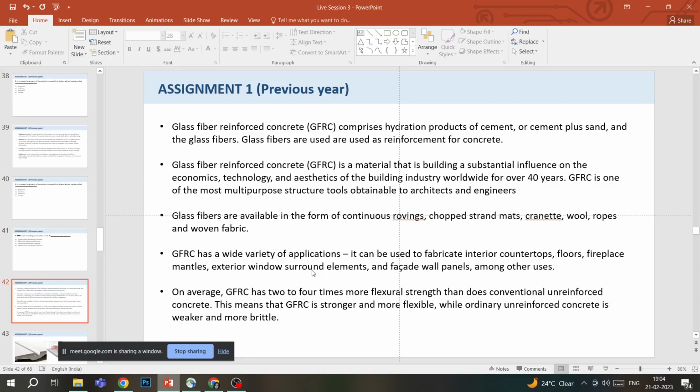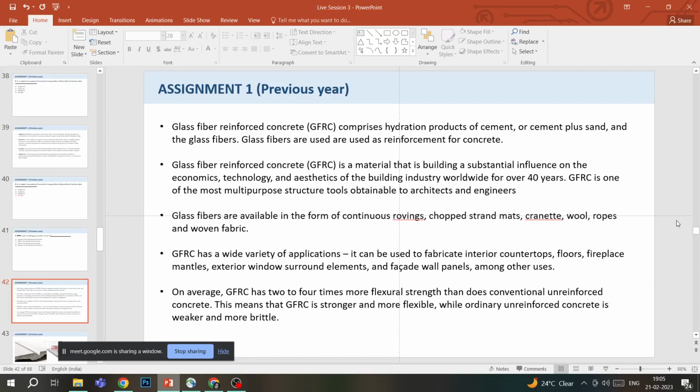Glass fibers are basically available in the forms of mats, wool, ropes, woven fabric, and it has a variety of applications. It can be used to fabricate interior countertops, floors, fireplace mantles, exterior window surround elements, facade wall panels, among other uses. On average, it has 2 to 4 times more flexural strength than conventional unreinforced concrete, which basically means that